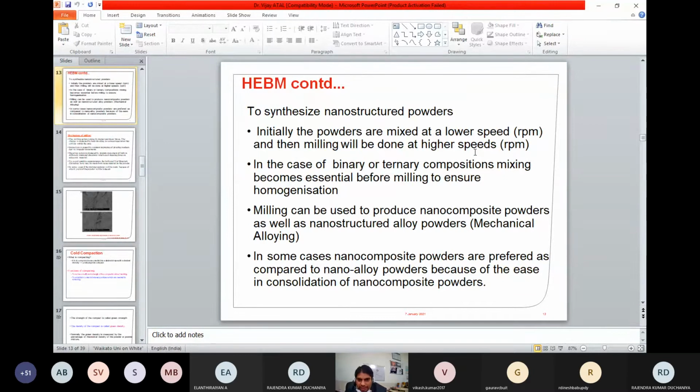For the same alloy you can compare, but for different alloys it will be slightly different. In the case of binary and ternary compositions, it becomes very essential to ensure homogenization before milling. Milling can produce nanocomposite powders, and in some cases people produce mechanically alloyed powder.